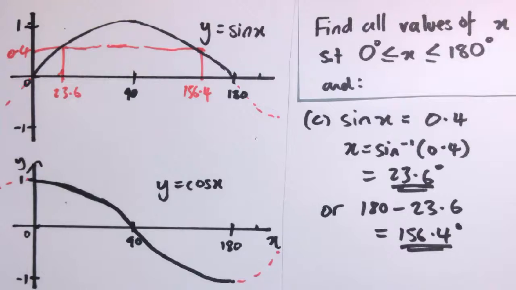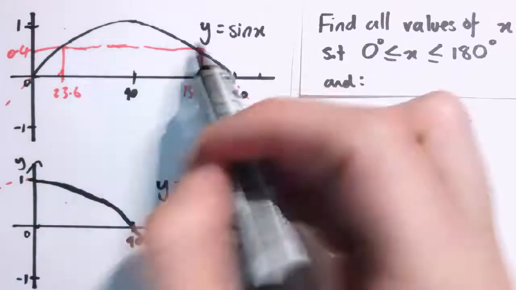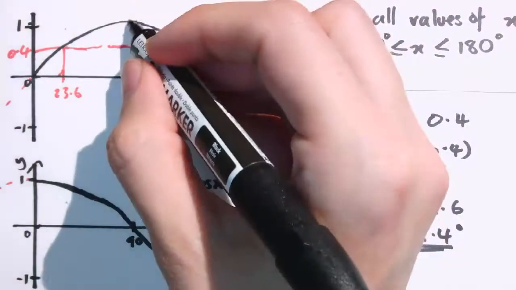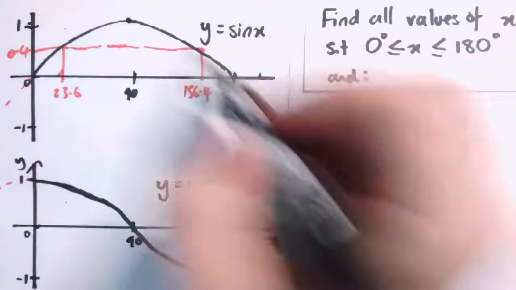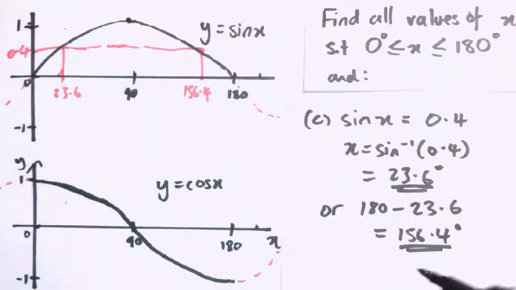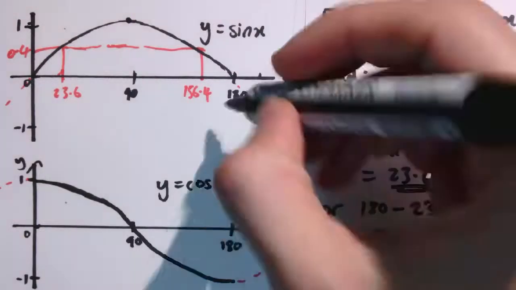But we're just sticking to 0 to 180 degrees for now, so it's just sine here that causes that problem when we've got two different values. Of course, if we had sine x equals 1, then it would just have one value here of 90 degrees. There's no other one there, but for all the other values we're going to get two possibilities for the answer there. And of course, if we had sine x equals a negative value, there wouldn't be any possible answers, because there's no value of x for which sine is negative in that range, although of course there is if you